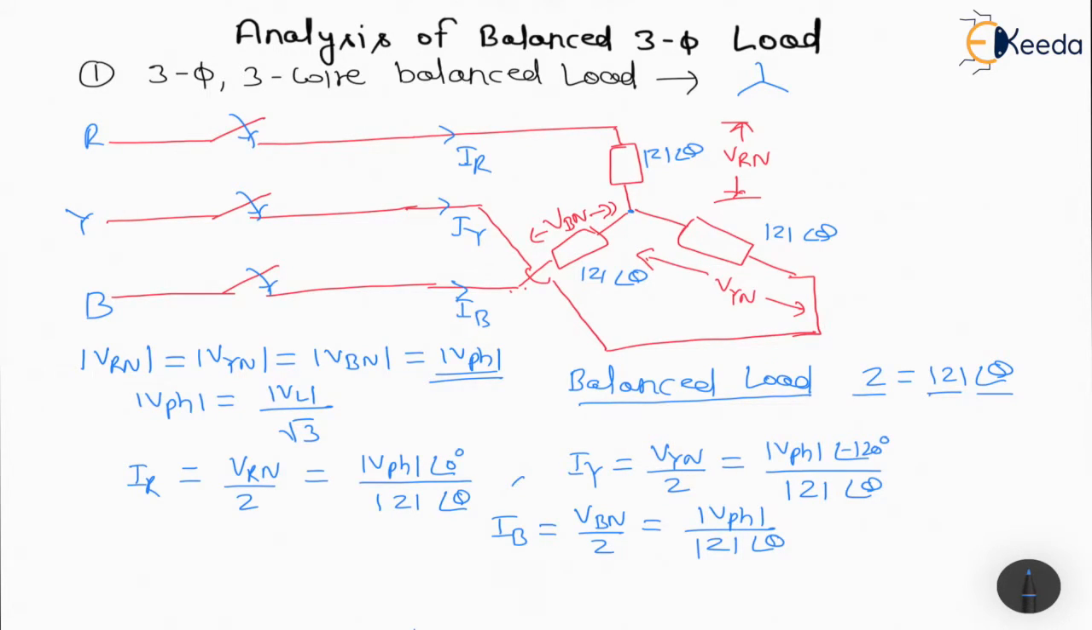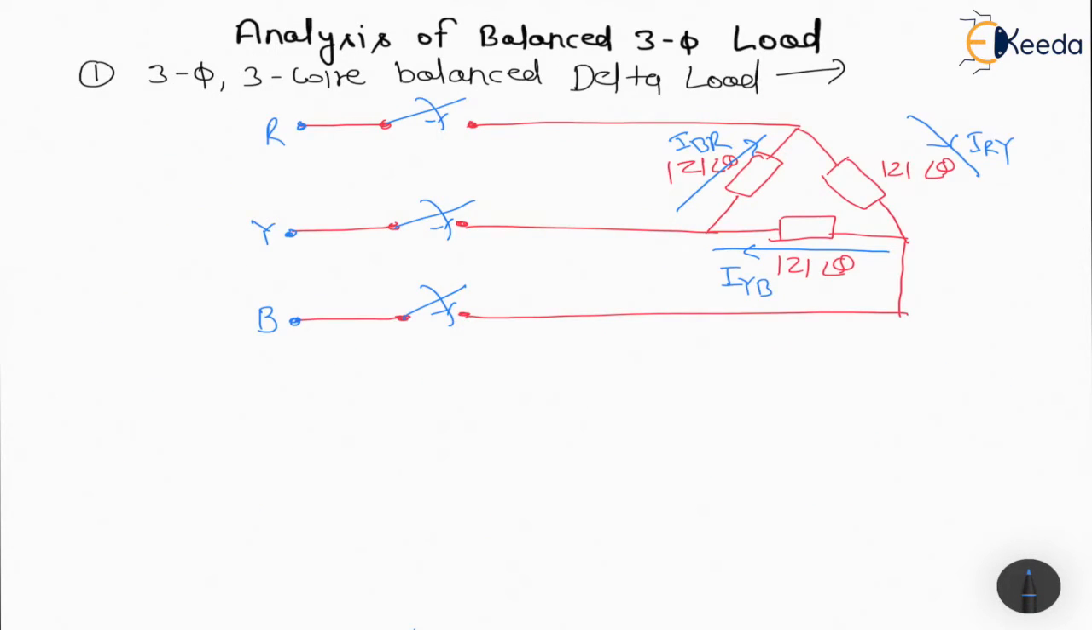And now we are going to discuss about the delta load. So this is the diagram of delta connected load. All the impedances are equal, so this is balanced delta load, and we know that the value of